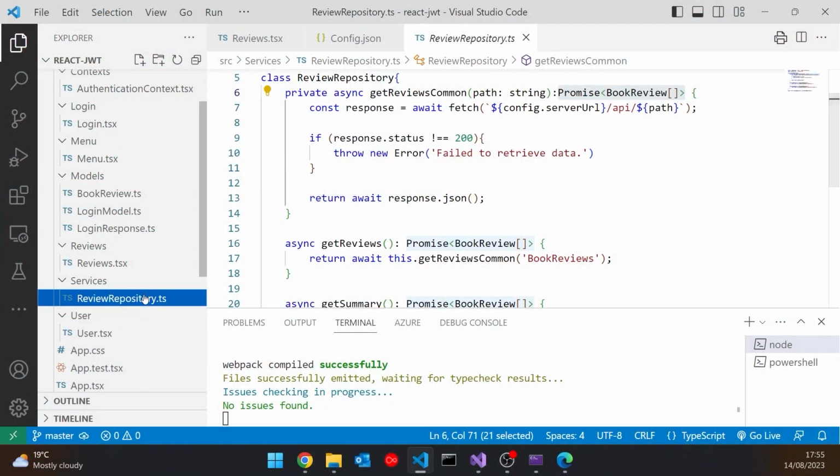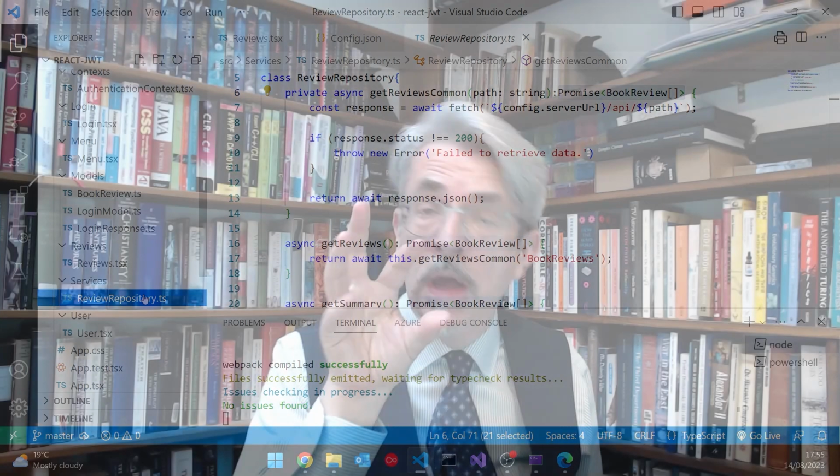Now let's move that on to having this actually do the authentication properly. And the first thing we've got to do there is change the fact that we're using, as I mentioned, the standard fetch API. Although it's just there available for us, we need to change that to something that will allow the equivalent of the interceptors that we've seen in Angular or the handlers that we saw in Blazor. So we're going to change that, and we're going to use a very common package, but it's not an integral part of React. React isn't like that. It's very basic in its minimal installation, but we're going to use one called Axios.